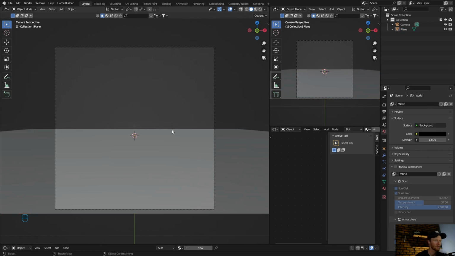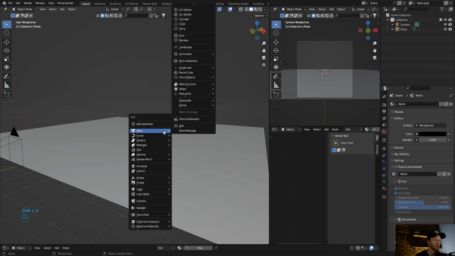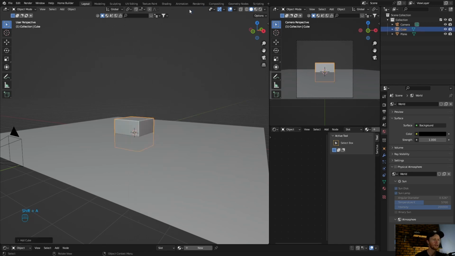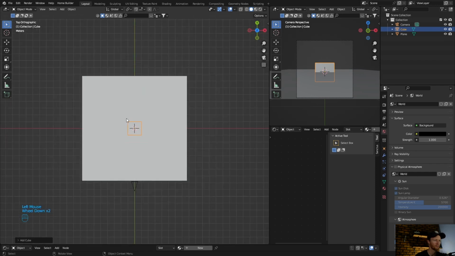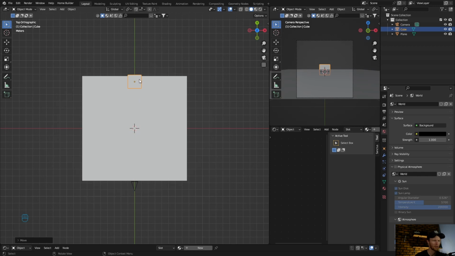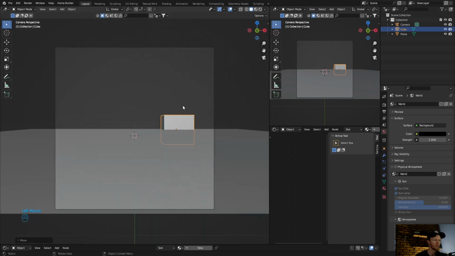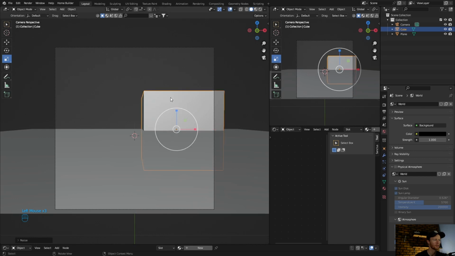Okay, now you can either make a duplicate of a plane and then bring it up here and then cut it out, or we can use cubes. So whatever's easier. So let's go with cube and then go to top view and go G, bring it to somewhere like this. G, bring it there, maybe like that, and then let's go here. We can scale it like this,